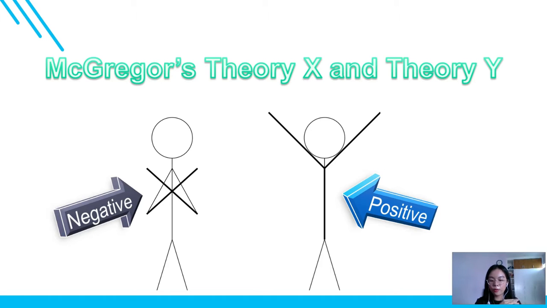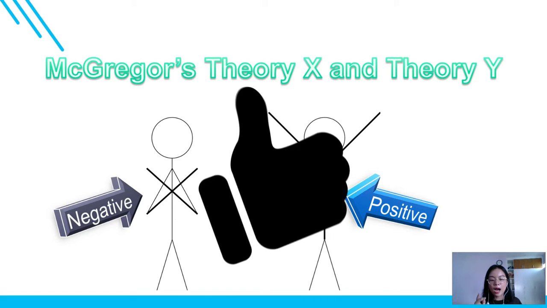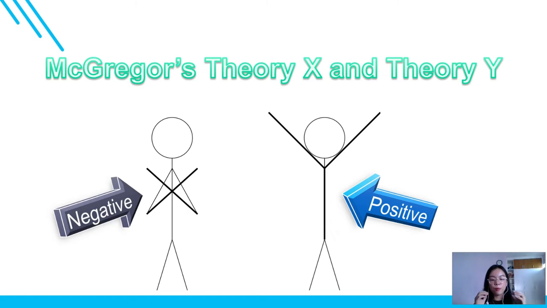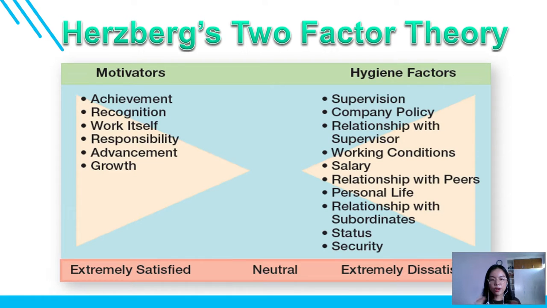Otherwise, theory Y is a positive view that assumes employees enjoy work, seek out and accept responsibility, and exercise self-direction. McGregor believes that theory Y assumptions should guide management practice and proposed that participation in decision-making, responsible and challenging jobs